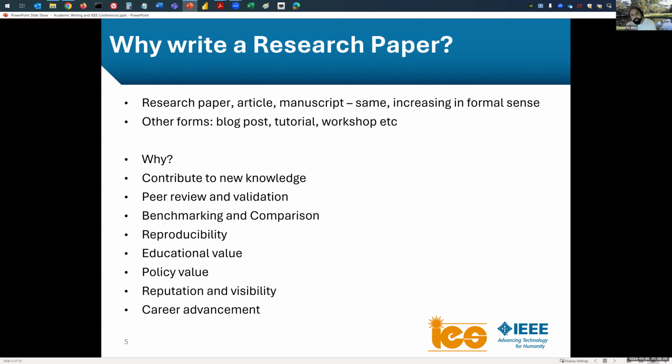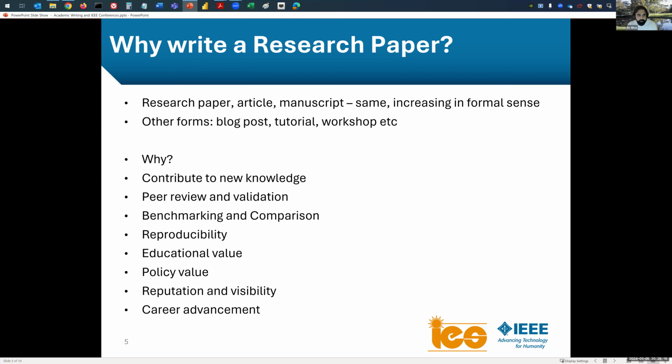But you have to be highly accomplished to follow this path, which probably you and I are not. And that means we have to stick to the status quo, what is accepted across the world, which is a research article or manuscript. So why do we write the paper?